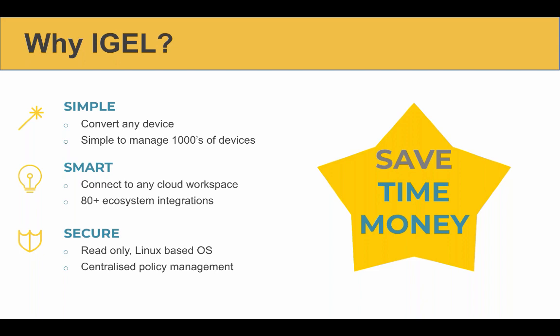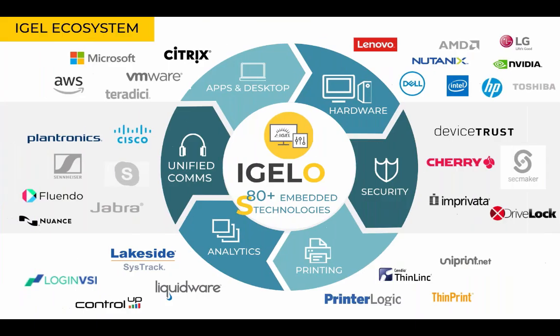So one last slide, and then I'm turning it over. The IGEL OS is all that I just said, but it's really made up of also all these different ecosystem partners we have, and we have tons of them. And I love this slide. What I'm trying to do with IGEL Community is not just share what's going on within IGEL with you, but also allow us to collaborate and discuss with the EUC community. So we support and work with all these different labels you see on the screen.